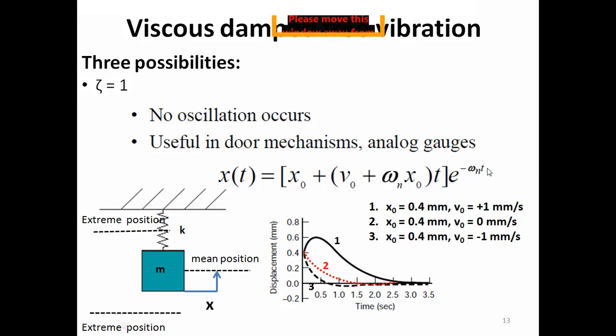There is no iota. If you remember, exponential iota theta is actually cos theta plus iota sine theta. So the exponential iota theta function is actually a sine and cos function. If we had that function here, then it would mean that the response would be a vibratory, sinusoidal response. But there is no iota here. This is an exponential decaying function. It is actually reducing whatever we have here. It is decreasing that, and it is decreasing this exponentially with respect to time.